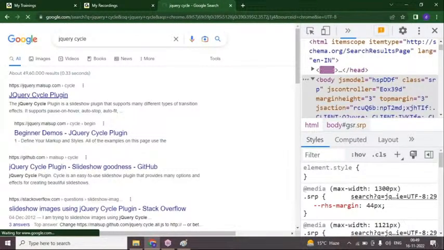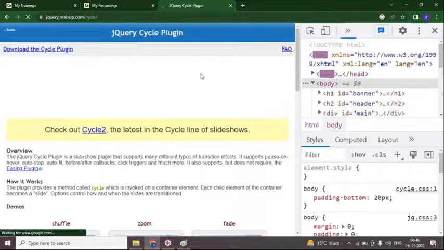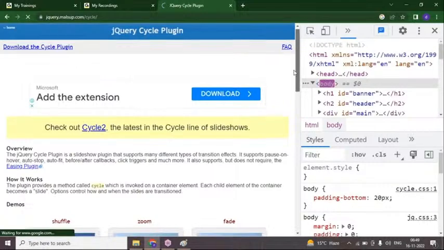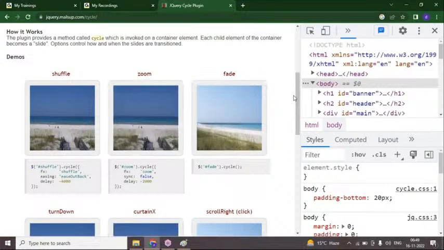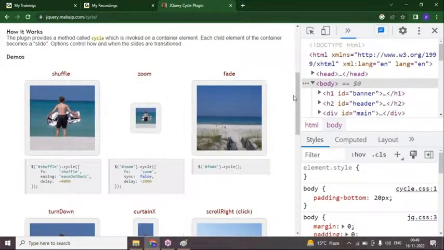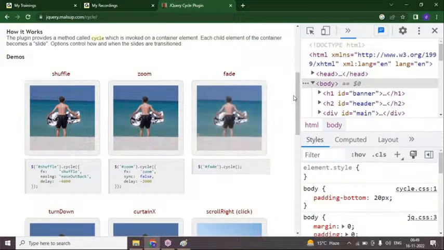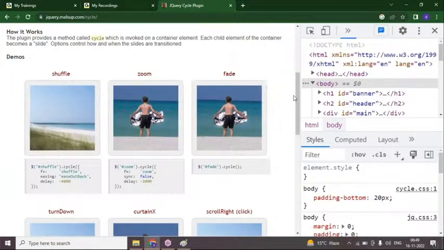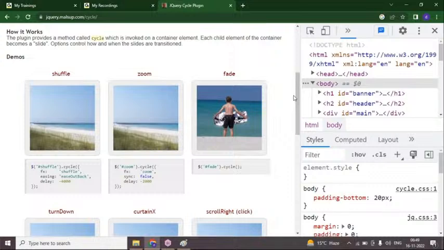You can see in that web page all the different slideshows. This is possible by jQuery cycle.js. Otherwise, you would have to write so many lines of code with JavaScript. If you download jQuery cycle.js, you can create this type of shuffling effect, zooming effect, fading effect, turn down, curtain X,